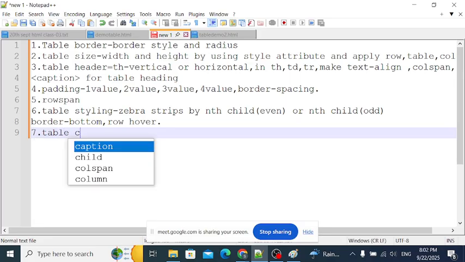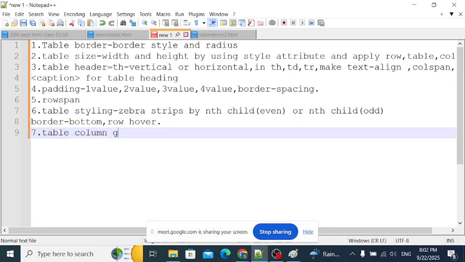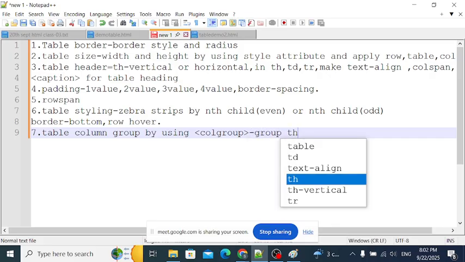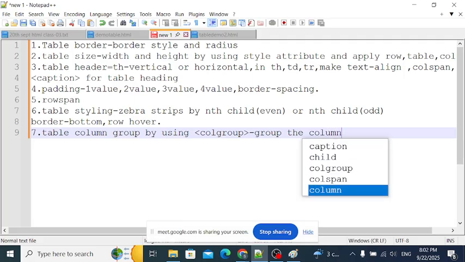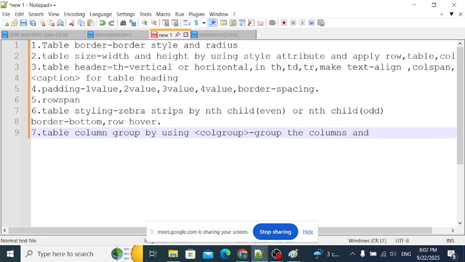Table column group, by using colgroup. This is one tag we have. So what you can do here, certain columns you can group and apply a common property. Group the columns and